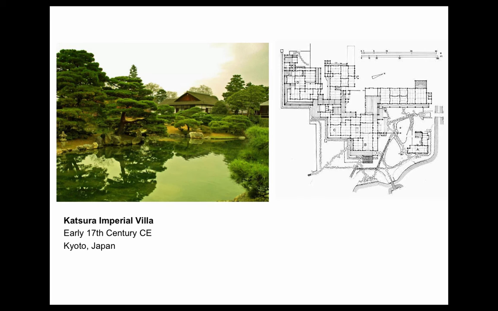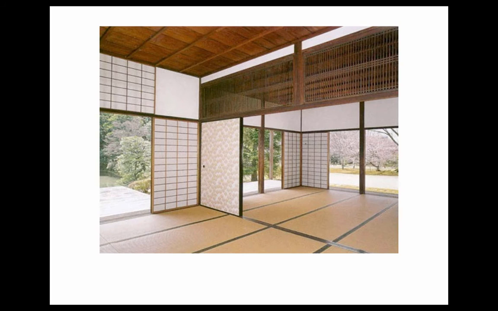And what do we see? Asymmetrical, integrated into nature. What are the walls made out of? A lot of them are made out of paper. So this is not giving us very much protection from the outside. And a flow between the inside and outside, the use of these natural materials which have to be renewed over the years. Integrating us with nature rather than battling nature and separating us away from it with thick stone walls.